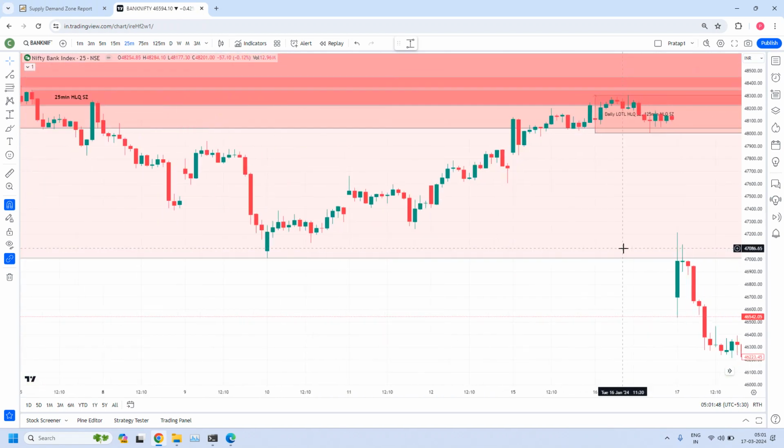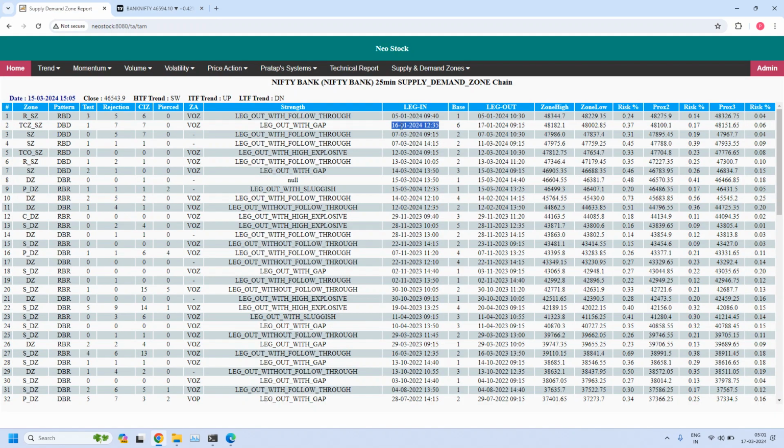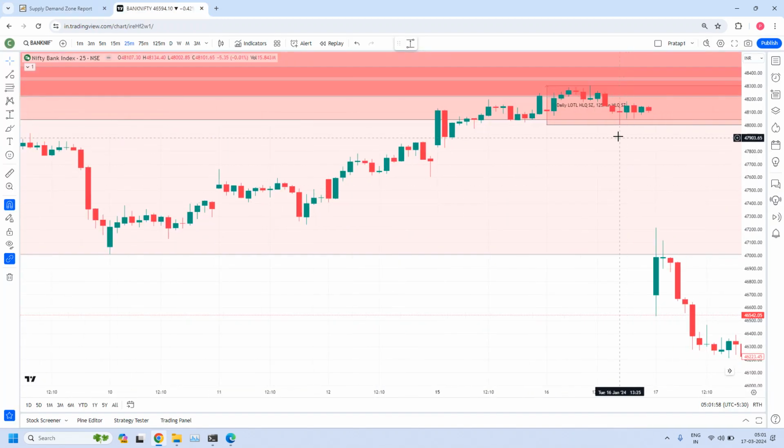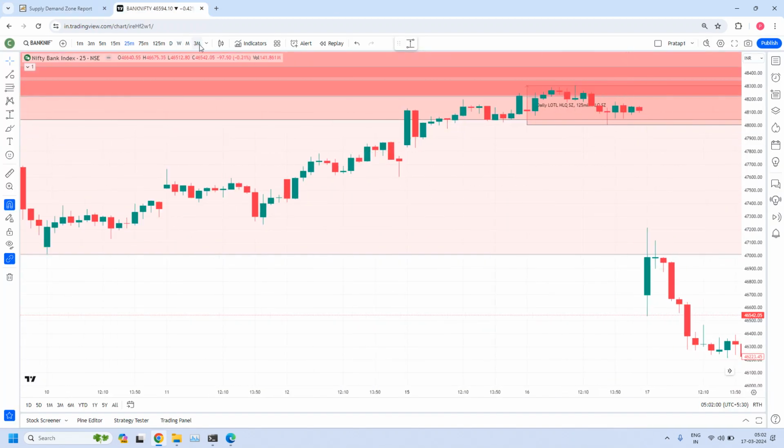See here, this is the one, 12:35. After that, 6 base candles. This 25-minute zone is from here: 1, 2, 3, 4, 5, 6 base candles. This is the 25 minutes